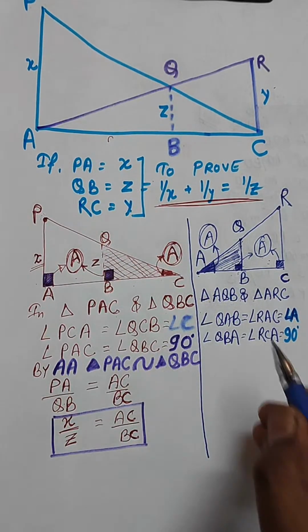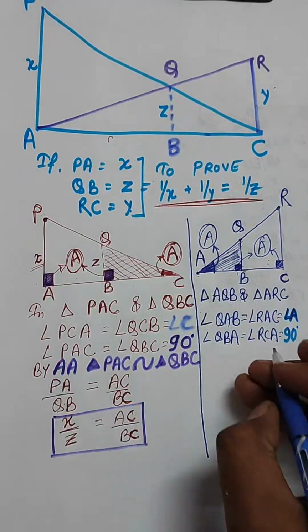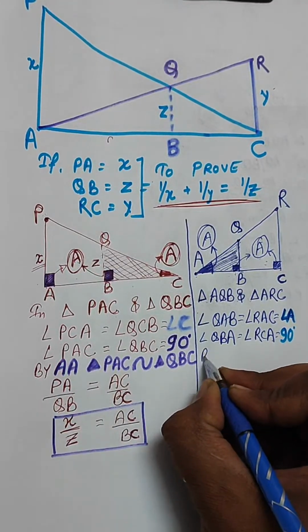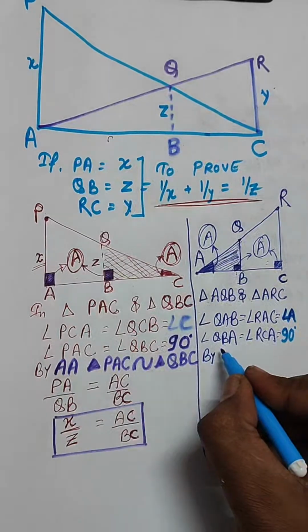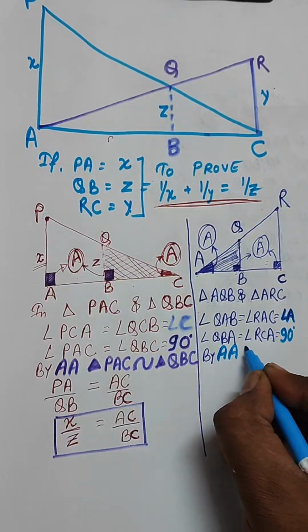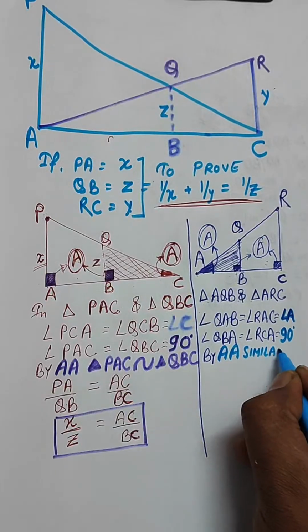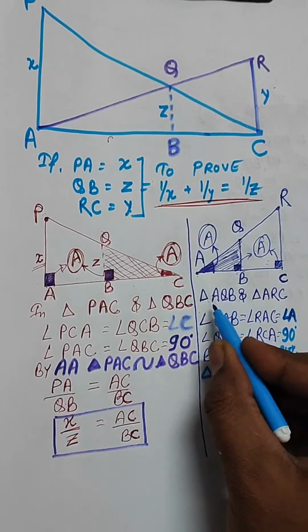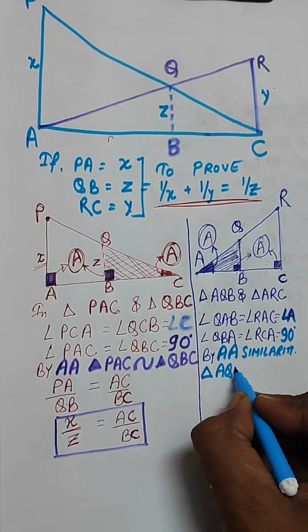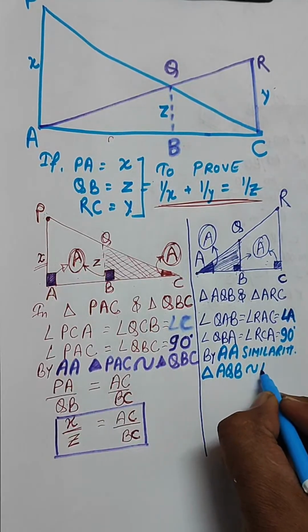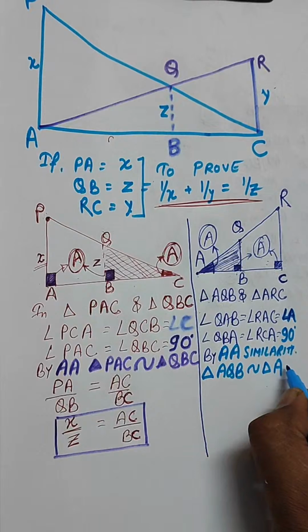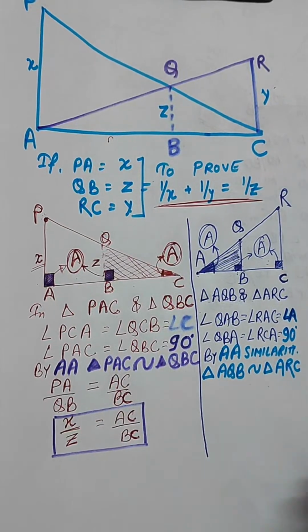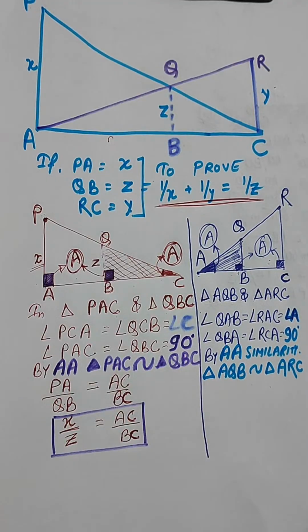So can we say that these two triangles are similar? So we can say that by angle similarity criteria, triangle AQB is similar to triangle ARC, right? AQB and ARC both are similar. If both are similar, then